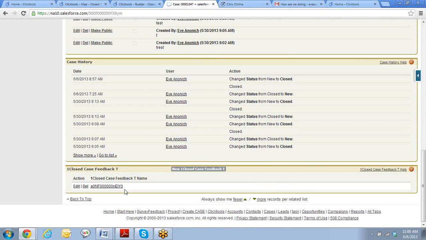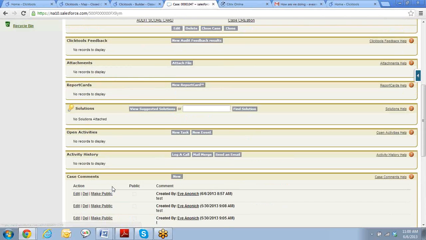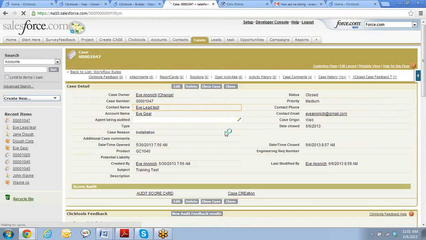you'll see that it is a related list to the closed case feedback, so it's called one closed case feedback. So that's how it's going to look. It's going to be a related list, and it's going to have a link in it. You can actually name this. I forgot to do that part, but you can name it so that it says something else, closed case feedback. So if we also go to the contact here,